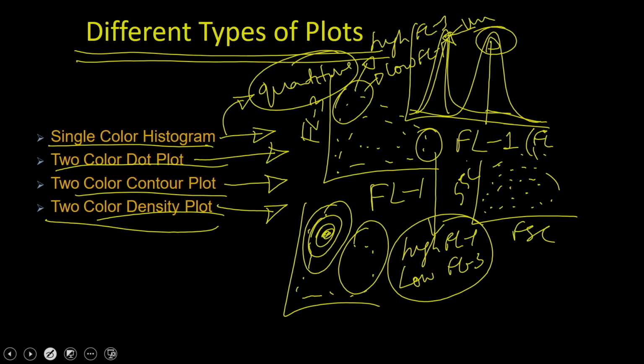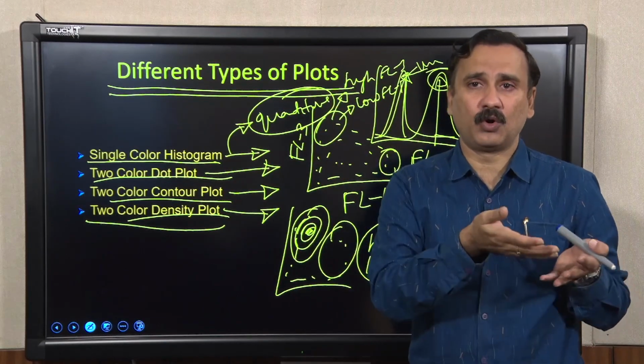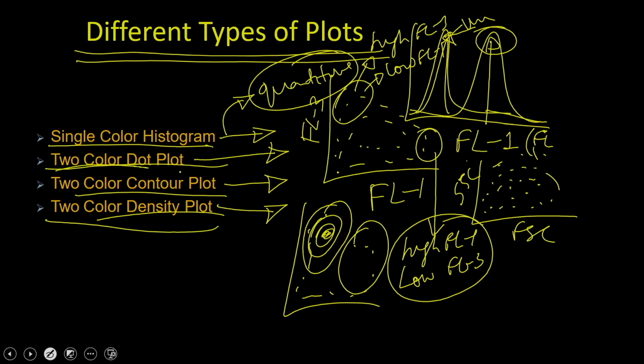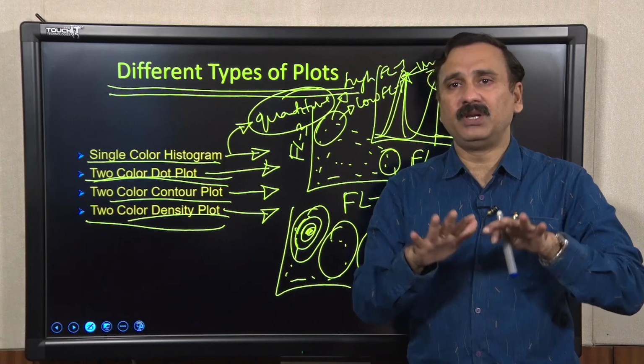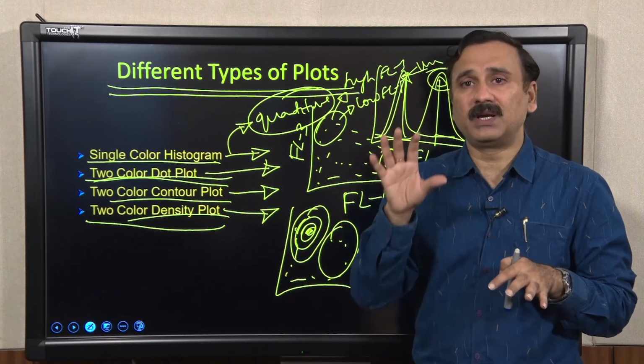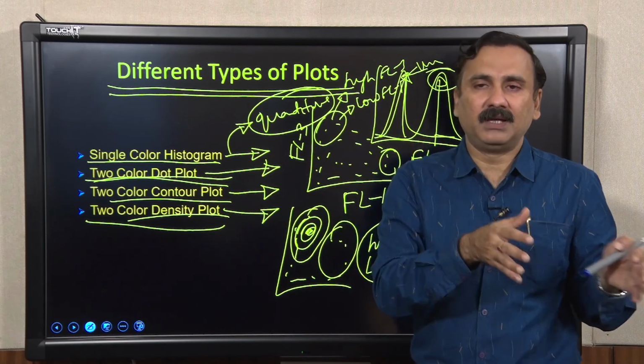not going to give you the information about whether that particular cell is having the second fluorophore or not, because it is only a single color histogram, whereas in the case of a dot plot it is telling you the distribution of the two properties in a sample. So, a two color dot plot is always used to qualitatively see how the two properties are distributed within a cell population, and then based on this you can choose a particular population, and then you ask what is the level of the one signal or another signal.